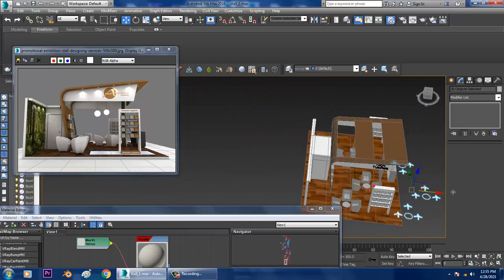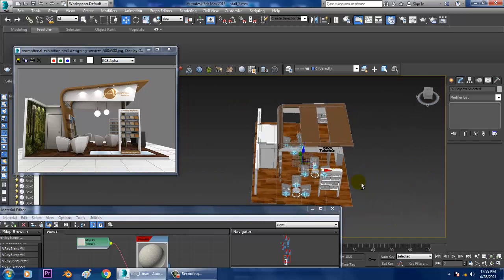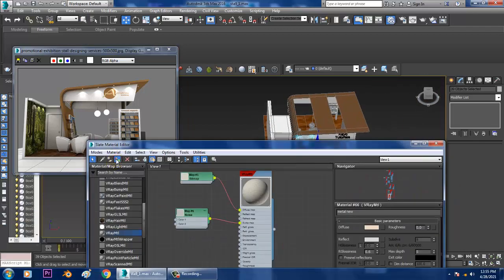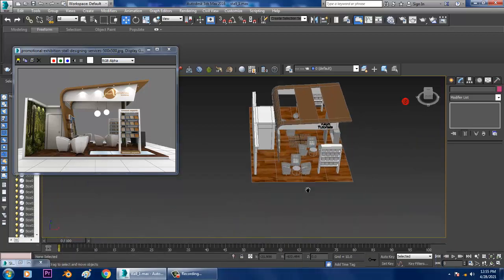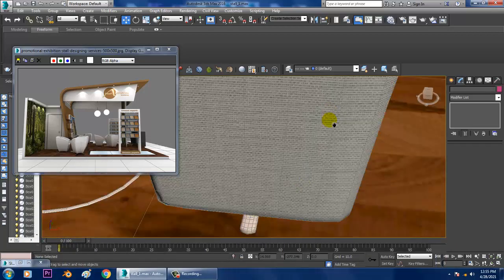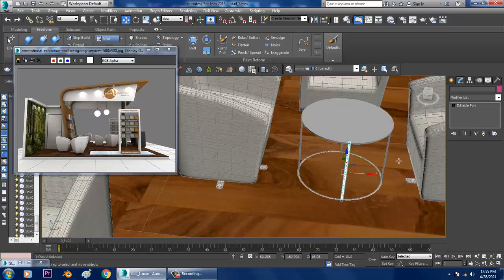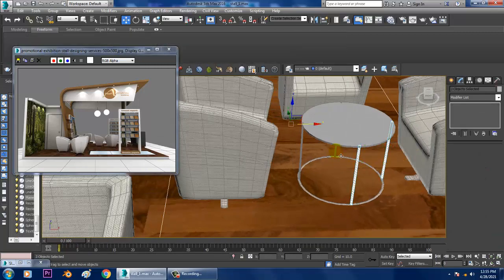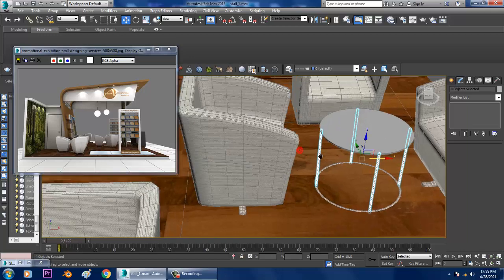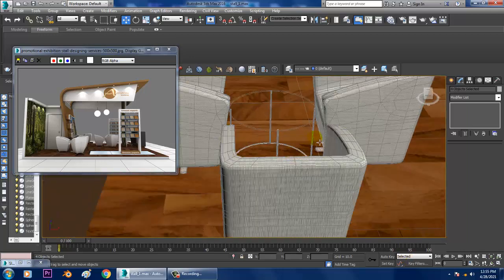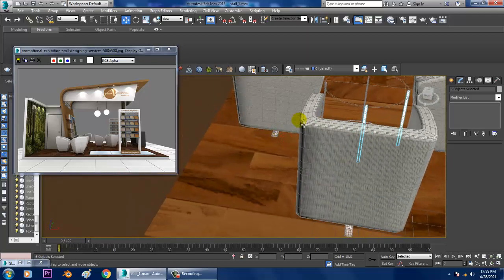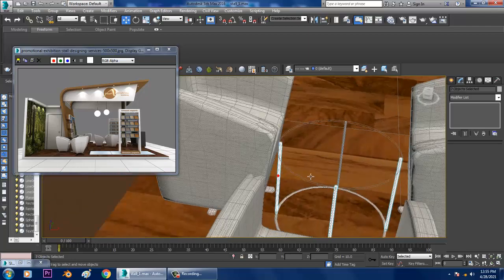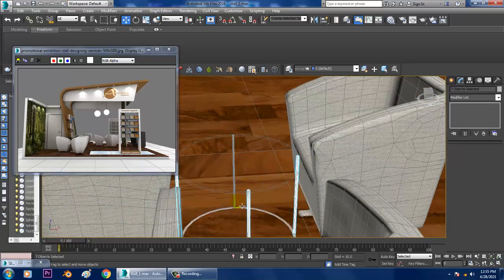If I push this and just assign the same over here, select this table and assign the same shader.